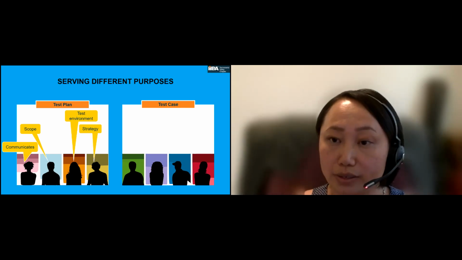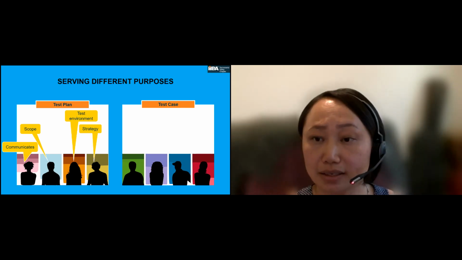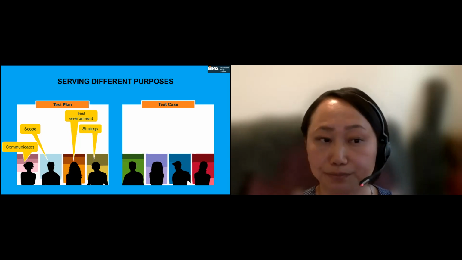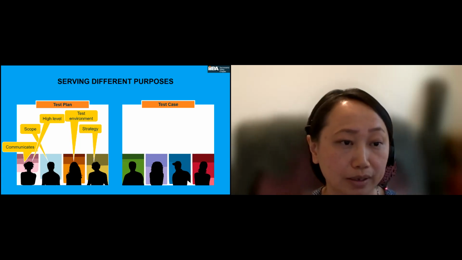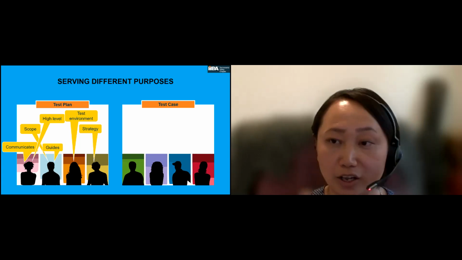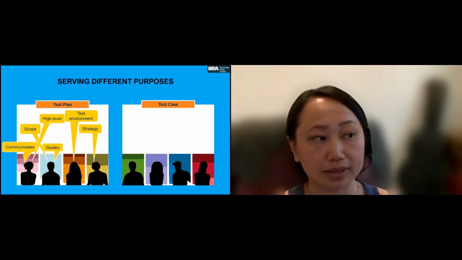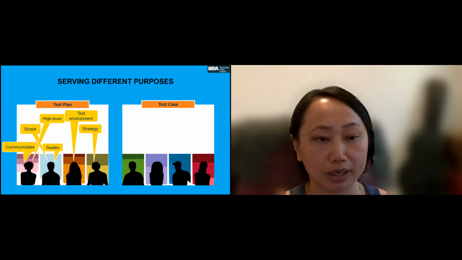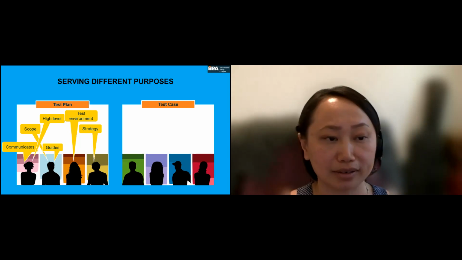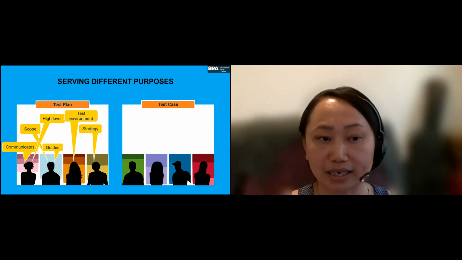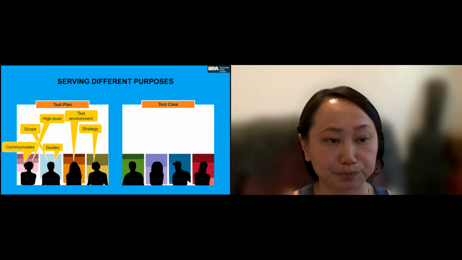It also includes the test environment or environments that you will be leveraging. It's high level. It helps as a guide. I know for myself personally, sometimes when I am in the thick of testing and I have 10 to 20 test cases, I tend to come back to my test plan to just remind myself of what it is that I'm trying to focus on and what I'm trying to accomplish. So it does really help me to just find my center again.